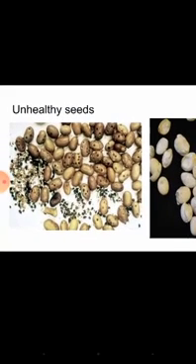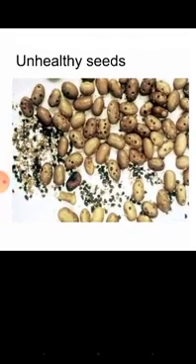See the first picture, you can see the seeds are having a lot of holes. So it seems that some insects have eaten away the cotyledons. The cotyledons are supplying the nutrition for the germination of the plant. Here the cotyledons are eaten away. The seed is eaten away by the insects. Then these types of seeds will not germinate.